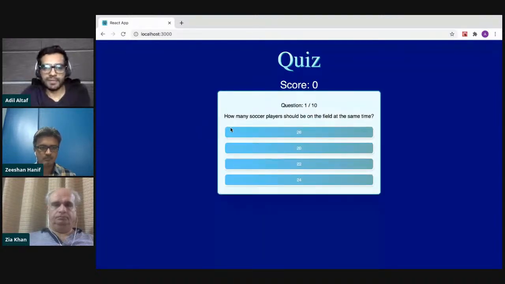There we go. So now the CSS is applied to the question card itself,